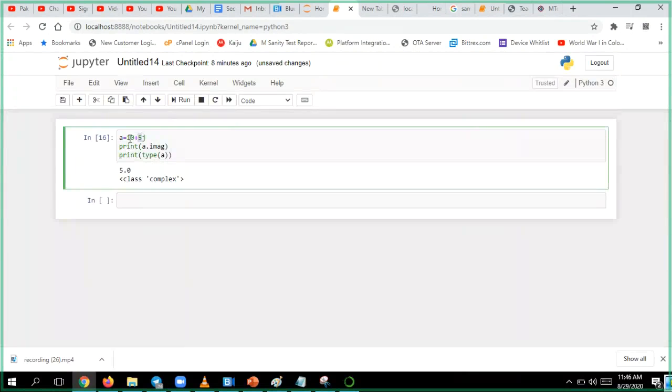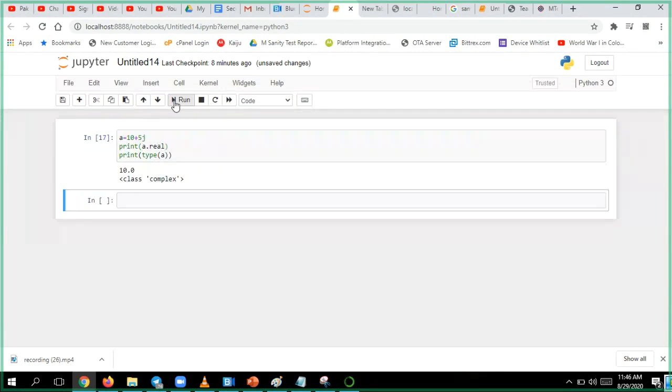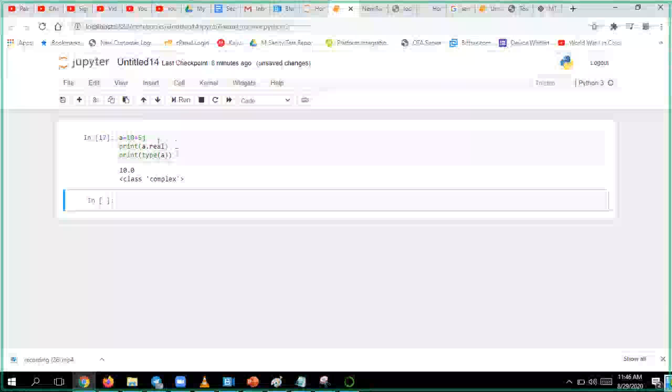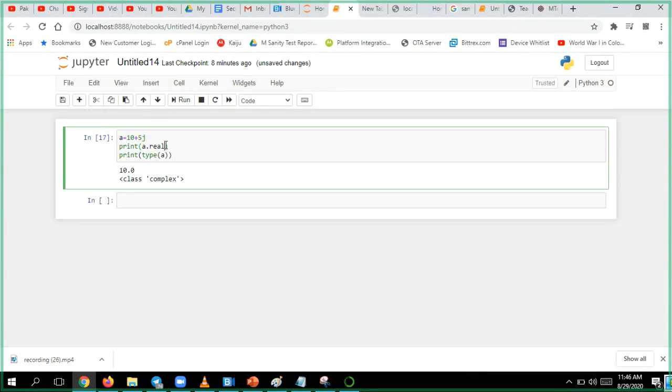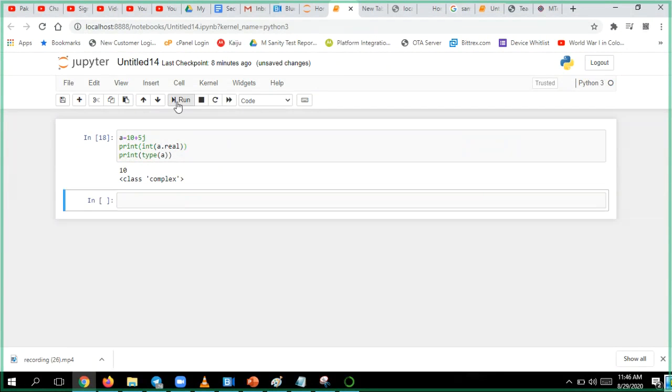This is the real value, then 10 is the real value, right? Just use a dot real. You can take it and then convert it into integer. I'll put it inside one more brace and say int of, and I'll close this off. If I try to run it, it got converted into 10.